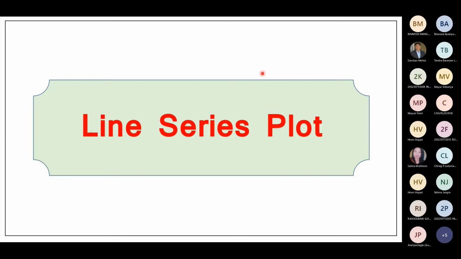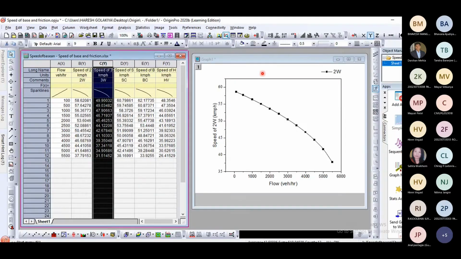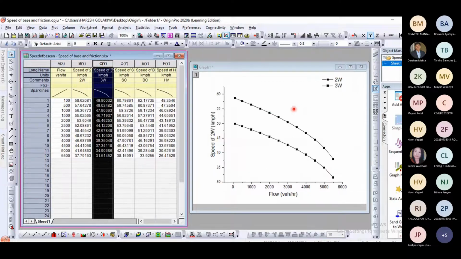Now let us see how to plot line series. Means I want to add many lines, right? So I have to see this. This is very easy now. Just right click on CY, bring your cursor here and drag it to the graph. I'm again repeating, just right click on this column. Then bring the cursor here, and from this you have to drag it to the graph. When you drag it directly, the second data will be visible with its legend.